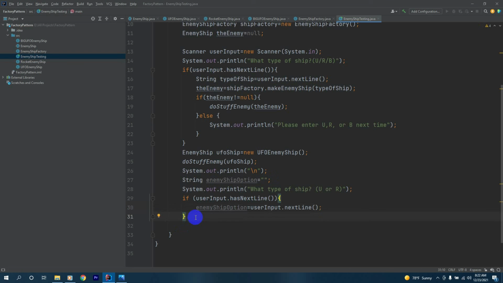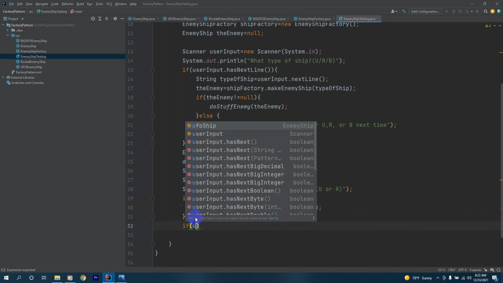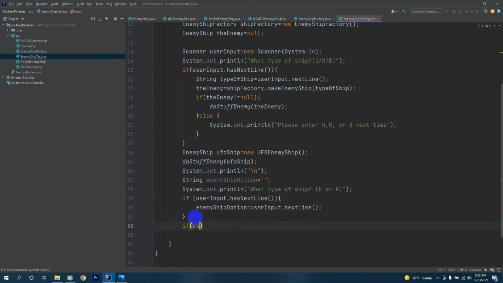And next thing, we'll have an if to check if the user input has next line, next thing we'll have an if to check if the enemy ship option equals U,